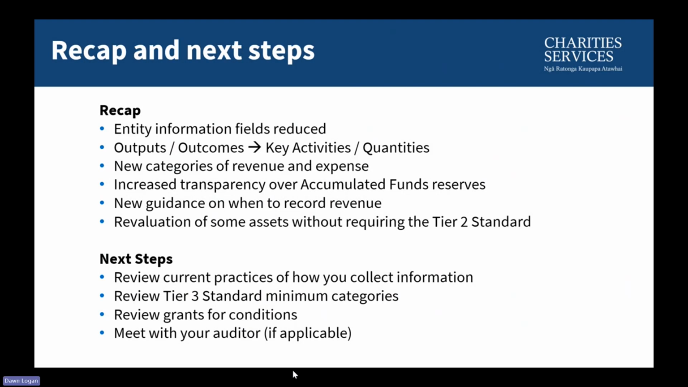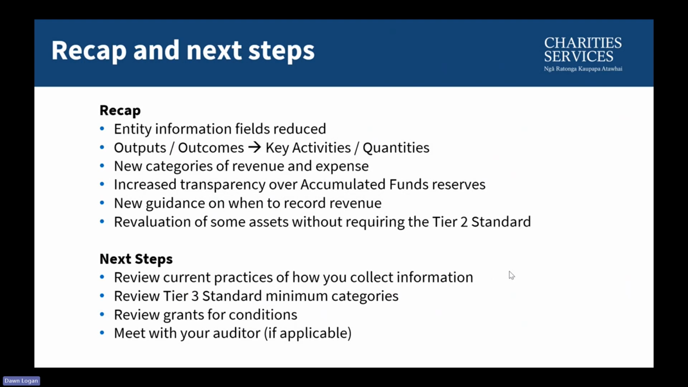That was a quick overview of the changes to the performance report template under the Tier 3 NFP standard. To recap, the Tier 3 standard simplified some of the requirements, especially around entity information and revaluing some assets, to better reflect the circumstances of Tier 3 charities. We discussed the changes to the entity information and statement of service performance, the new categories of revenue in the statement of financial performance, the changes in guidance around deferred revenue in the statement of financial position, and the changes to the notes, most notably the new reserves categories in accumulated funds and the revaluation column in the property, plant,